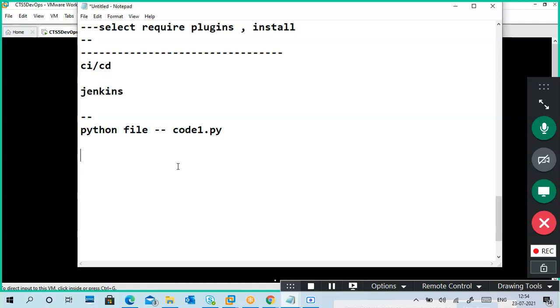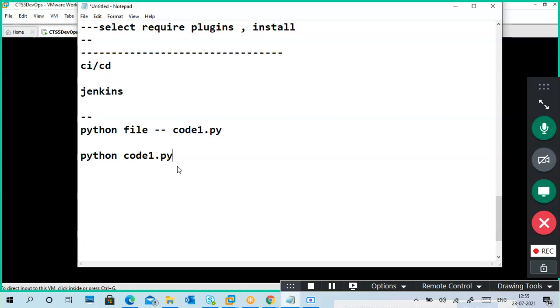Using CMD or PowerShell, sir. Okay, in PowerShell, what is the command to execute? We have to type python and press enter. Very good. You have to type python, space, and code1.py. Very simple, right?